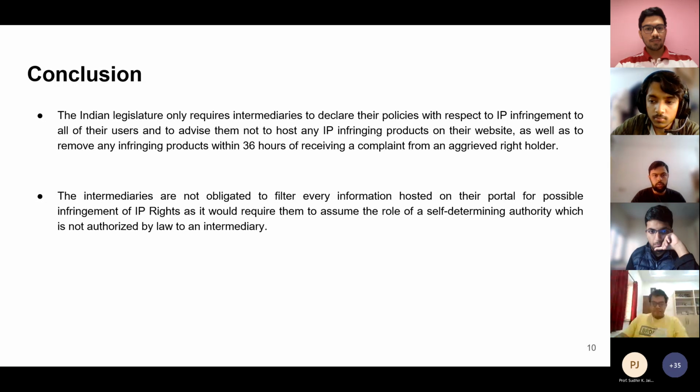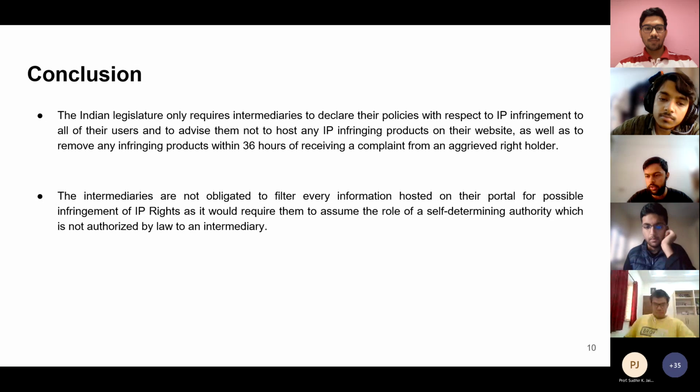So to conclude, the IT laws say that as long as the intermediary just simply hosts the content given by end users and does not interfere, abet, or induce anything, it cannot be held liable for any of the actions held by its end users. So also the Indian legislature only requires such intermediaries to tell its users about the policies that it